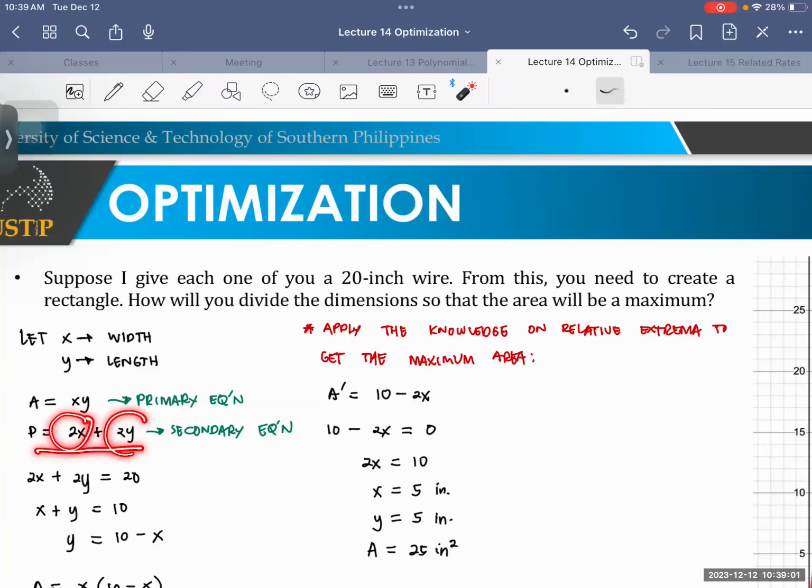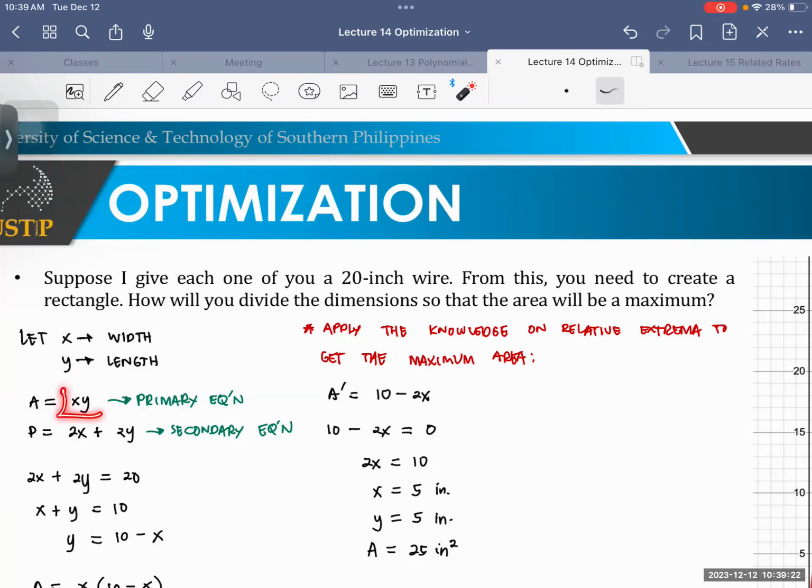2 times width plus 2 times the length. Now, let's put the value of our perimeter, which is 20. So we will substitute it here, class. We equate 2x plus 2y to 20 so that we can get the expression of y, so that there is only one variable. Our goal, class, is to express the primary equation in one variable